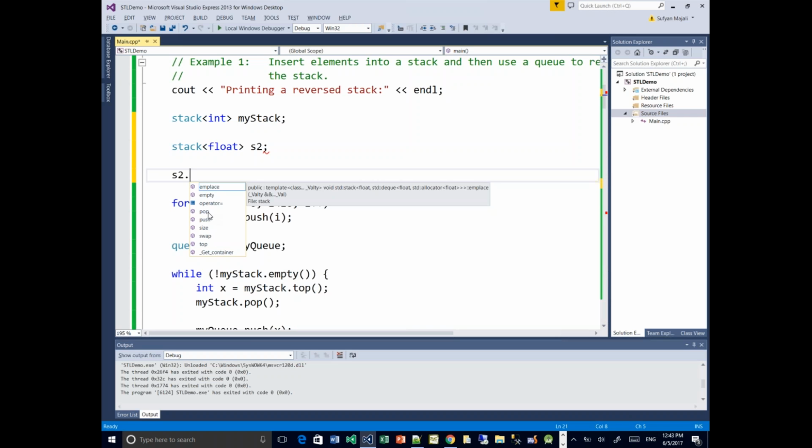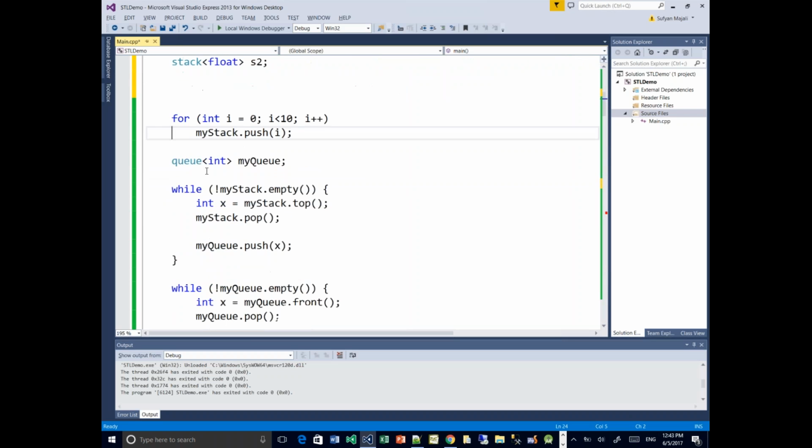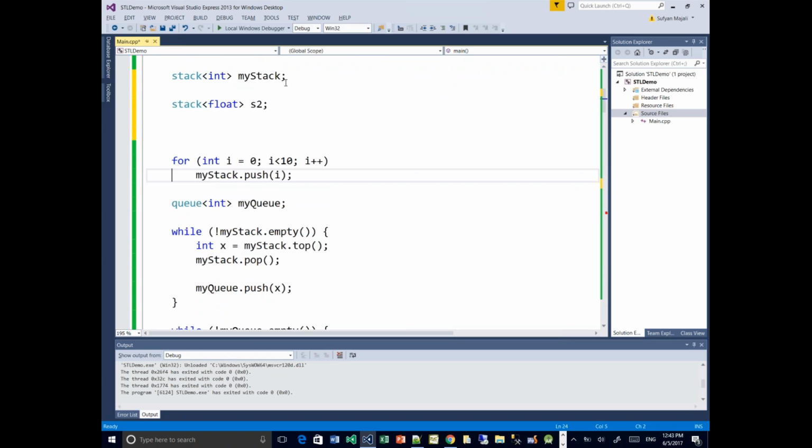We need to know how to do pop, push, and check for empty status, and also know the size function. Usually those are helpful ones, besides the top function that you are familiar with. So here in this example, I define a stack, and also I define a queue in the same way. Now remember, a stack is the one that's last in, first out, and this is the one that's first in,